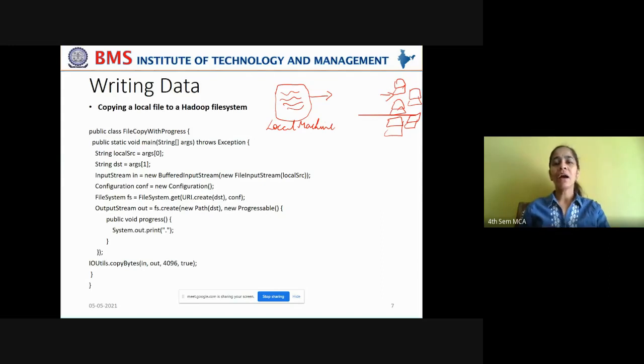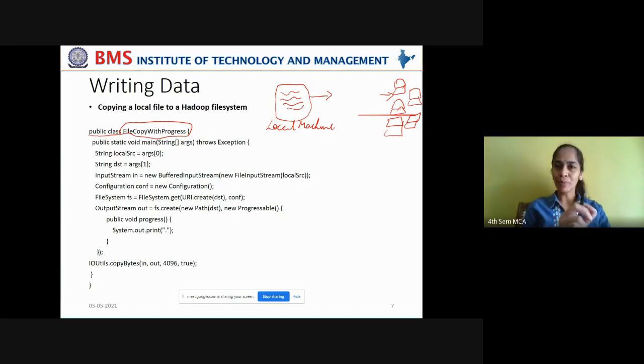Now let us see how we can do that by writing a Java class. We are creating a public class with the name FileCopyWithProgress, meaning you can copy a file from the local machine onto your Hadoop file system while monitoring the progress.